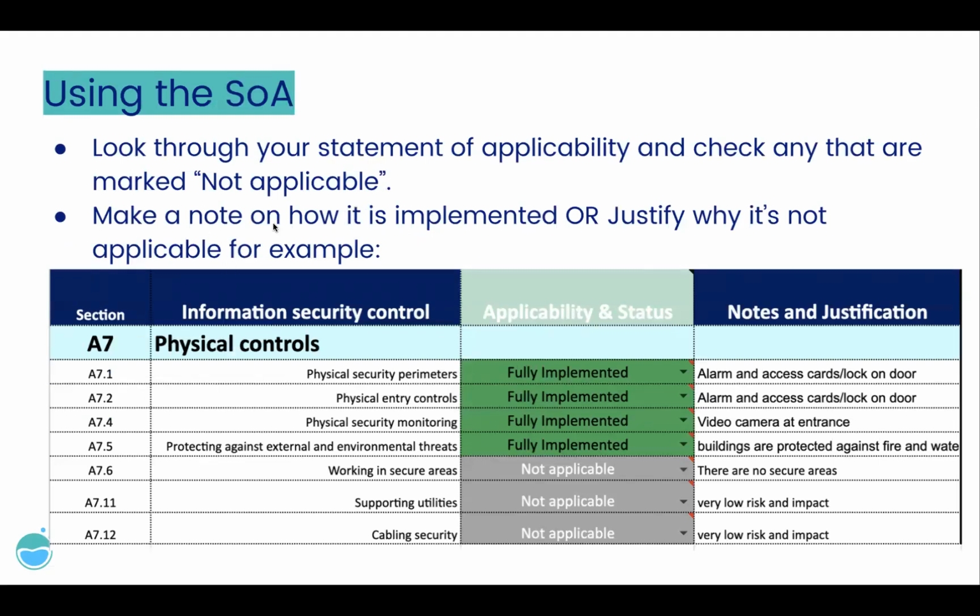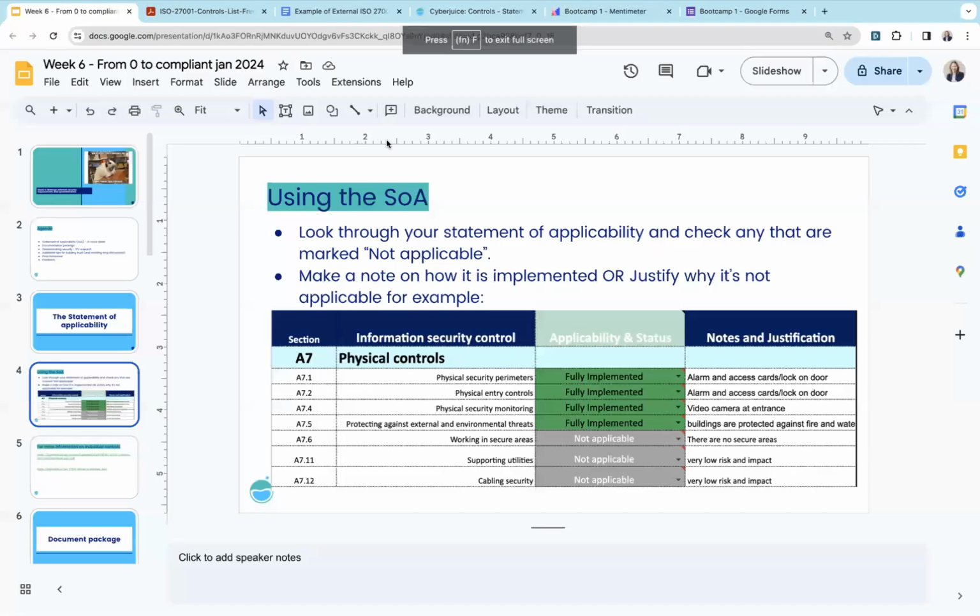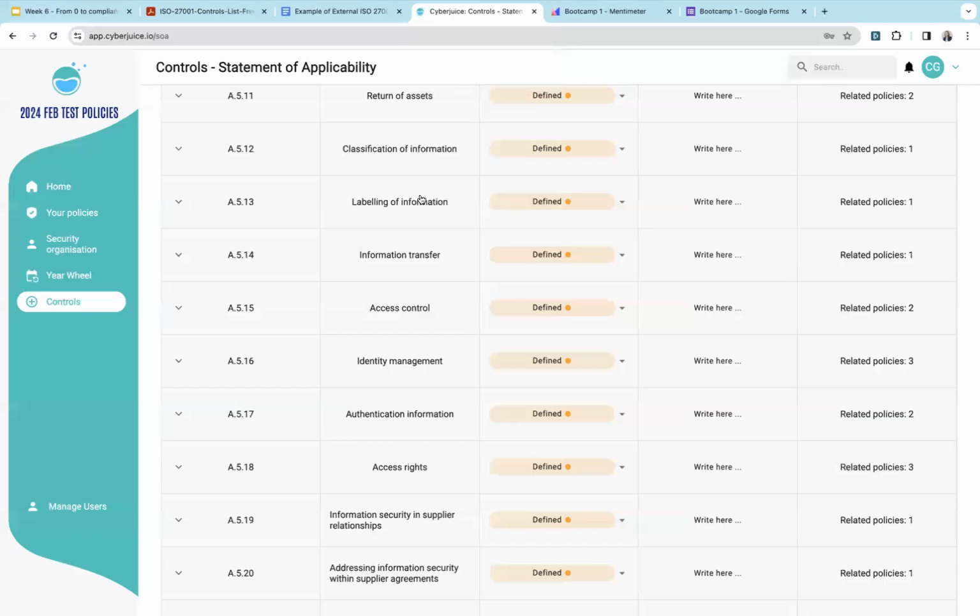When we look through the statement of applicability inside the application, I'm going to demo in just a second where it is if you're not sure. Everything that you have created a policy for will have a status: defined, partially implemented, or fully implemented. If you see anything that's not applicable, those are the ones we want to have a look at. So if we go in here,